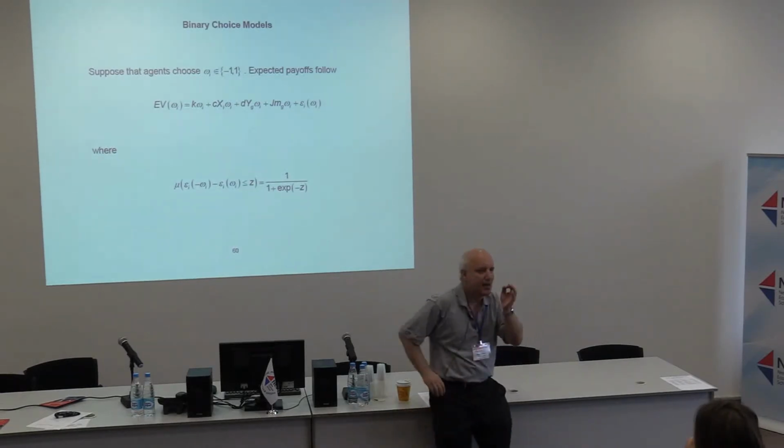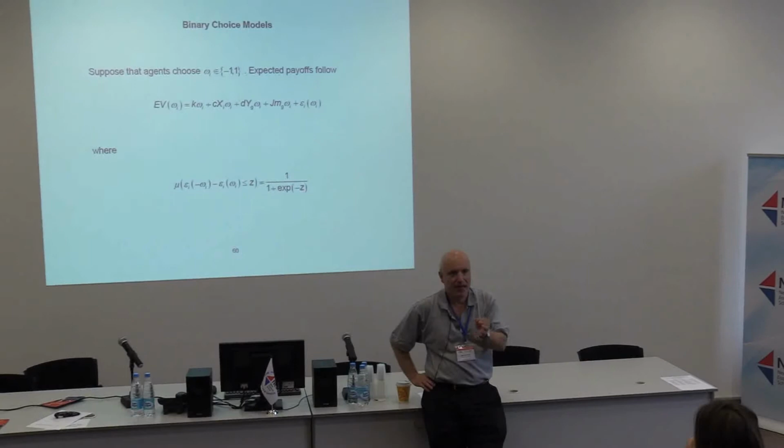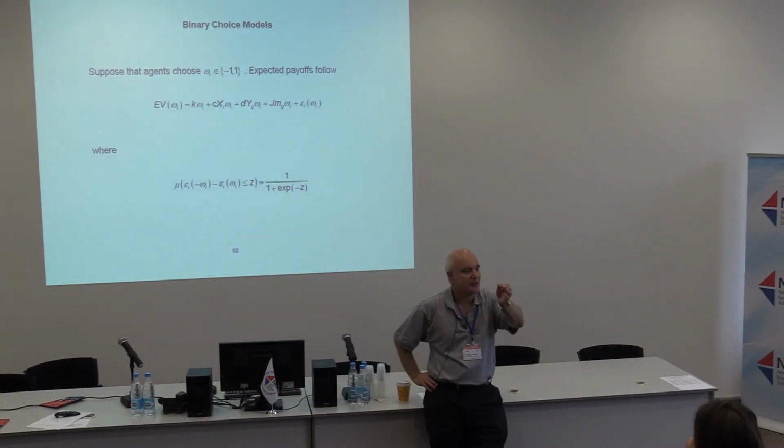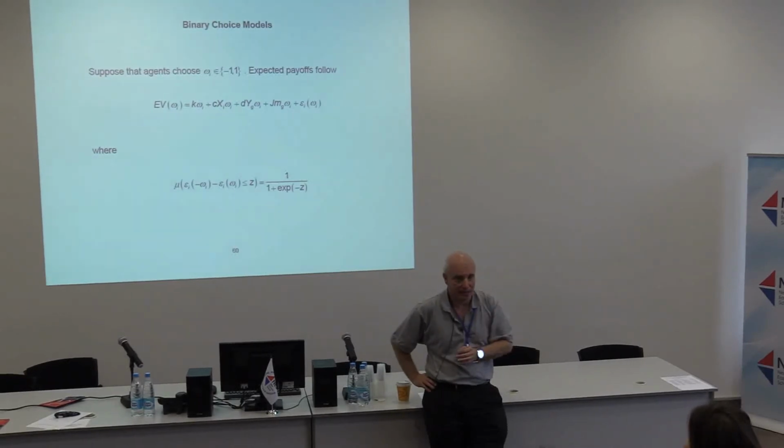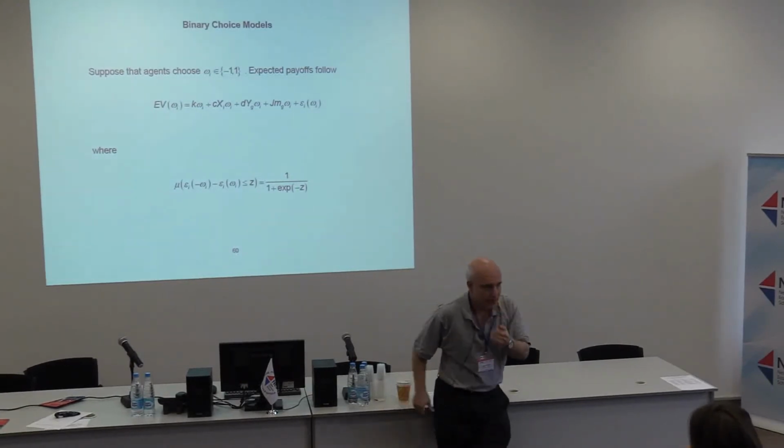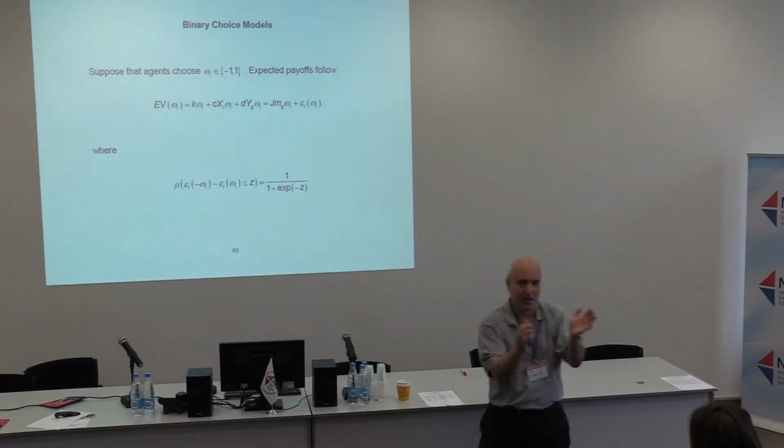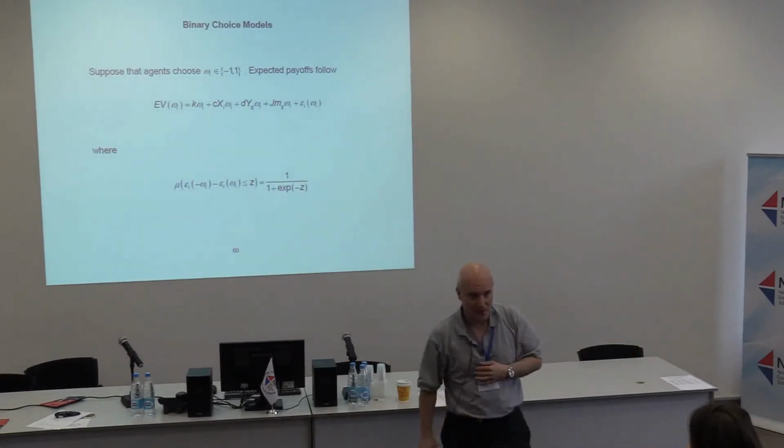Notice it is the analog to the linear means model. If I make a choice, there's an effect of x on my utility, there's an effect of y on my utility, and there's an effect of m on my utility. So it's just mapping the linear model into the discrete choice language. Any questions on that? But it's a different environment. It asks you to go to school or not go to school, graduate from high school or don't graduate, attend college or don't attend. It says there's a payoff if you attend college, a payoff if you don't attend college. You compare the two, you have to choose one.